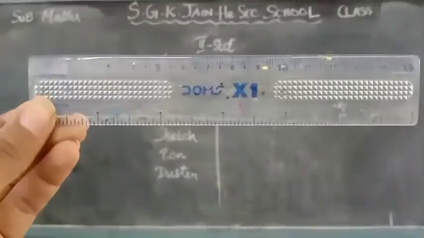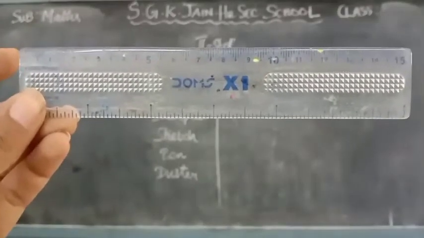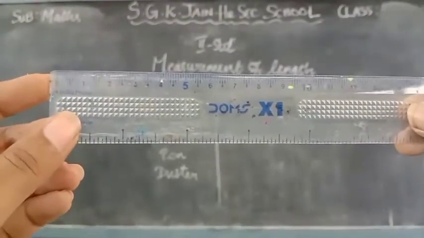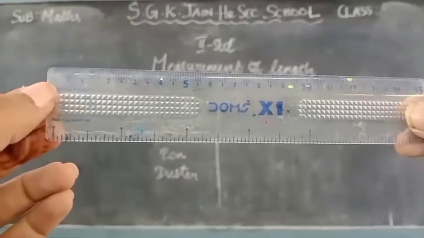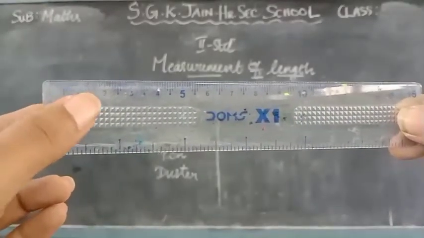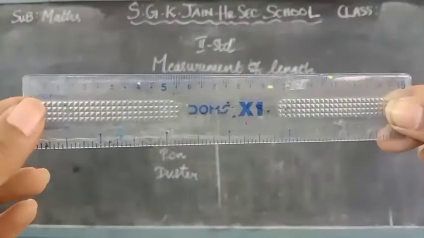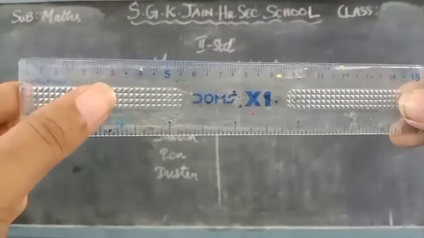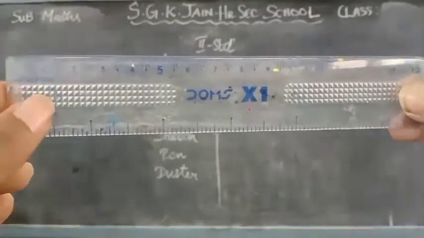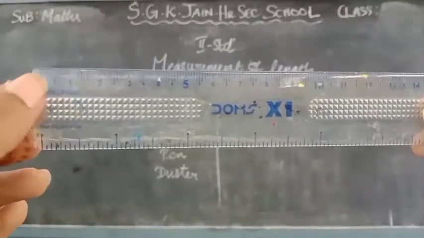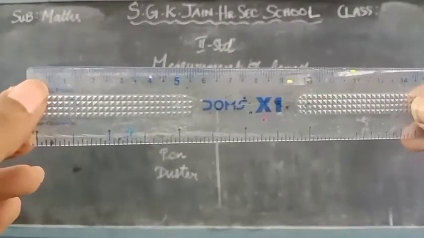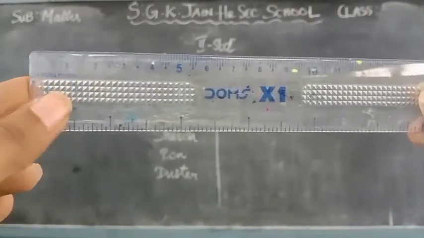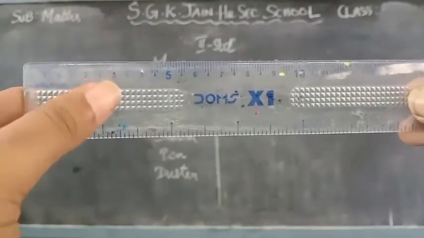So, this is a scale. All must have seen a scale, right? This is a short size scale. It has up to 15 centimeters. Okay, children, how to measure using a scale? The starting point is called 0. Then we have numbers like 1, 2, 3, 4 up to 15 till the end. We should use these numbers to measure the length of the objects. The smaller numbers are for very small objects.